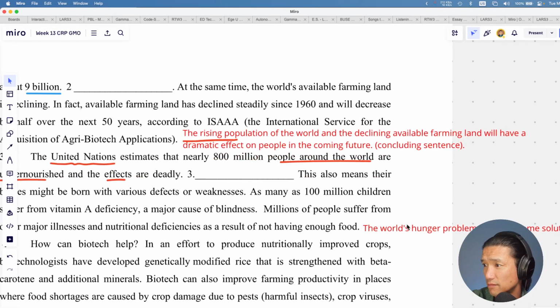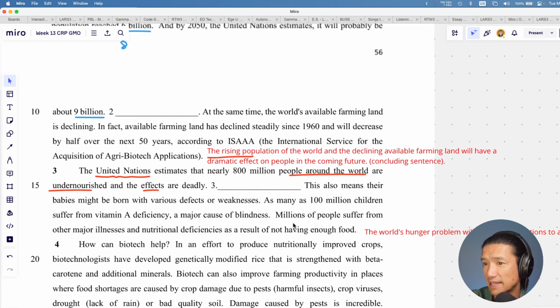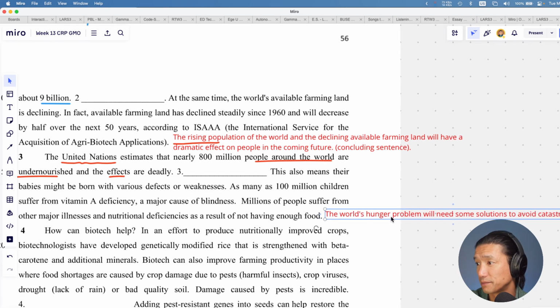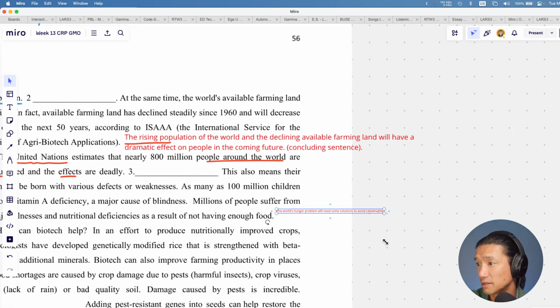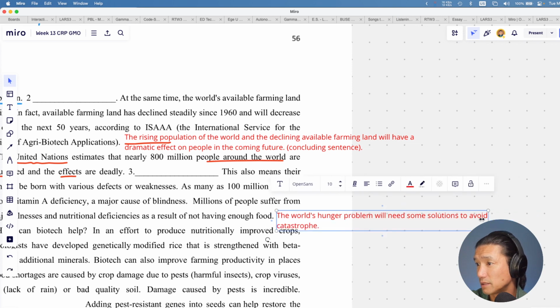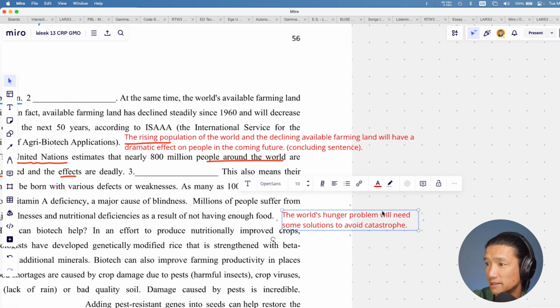Yeah. Talking about the world hunger problem. Don't end with just new facts, right? This is something new. You want to just kind of conclude with the old ideas and lead it maybe into the next thing. So that's what we're talking about next. Biotech can help, right? Let's see if we can. Let's see if I could do that. Yeah. Here is our concluding sentence.